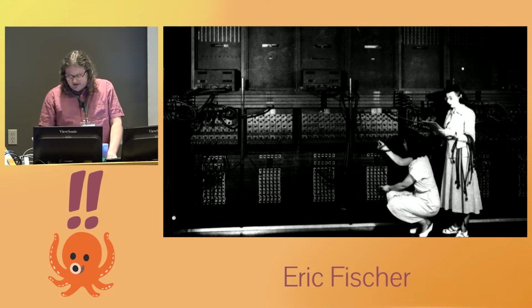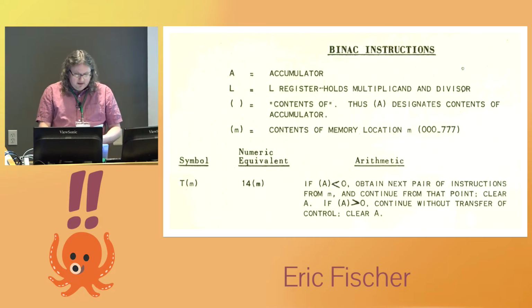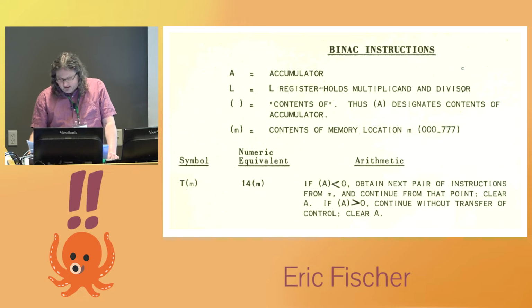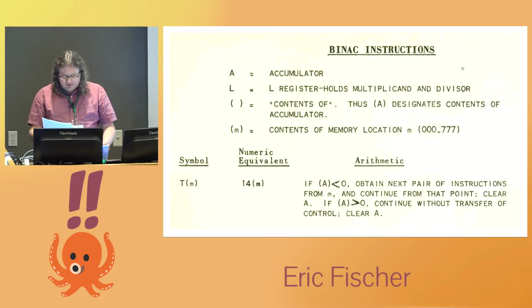But soon computers began to have enough memory that programs could be stored in memory rather than wired together. Instead of a physical sequence of instructions, there was a numerical sequence, and a few special instructions could cause the computer to jump to a different point in the sequence. Here, for example, is the conditional jump instruction from one of the first commercially produced computers in 1949. It checked whether the last number calculated was negative, and if so, it diverted the flow of control to some specified location in memory. Otherwise, it let control continue to the next instruction.